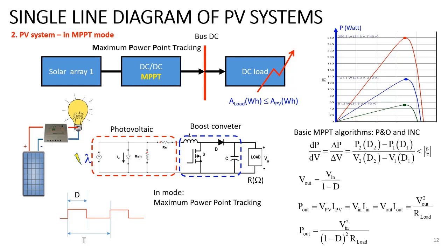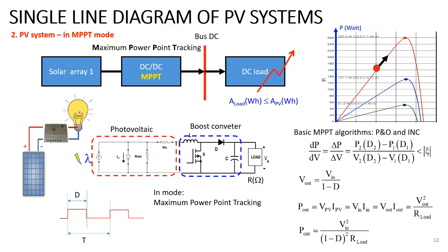Take differentiation of P in terms of V, dP by dV. If this value is positive, that means delta P and delta V have the same sign. The working point is on the left side of the PV curve over here. If P2 is greater than P1, we keep changing D in either increasing or decreasing trend as previously did until